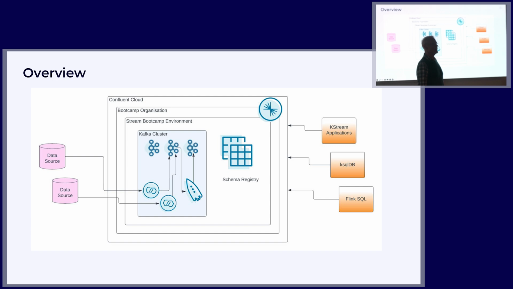Lots of unknowns in here. Let me explain a little bit around it. We have a Confluent Cloud. Why Confluent Cloud and what a Confluent Cloud is, I explain in a second. In there is a thing called an organization, a bootcamp organization, which I run, and then there is an environment that runs my Kafka cluster. So that's where the Kafka cluster sits that I want to use for that bootcamp.